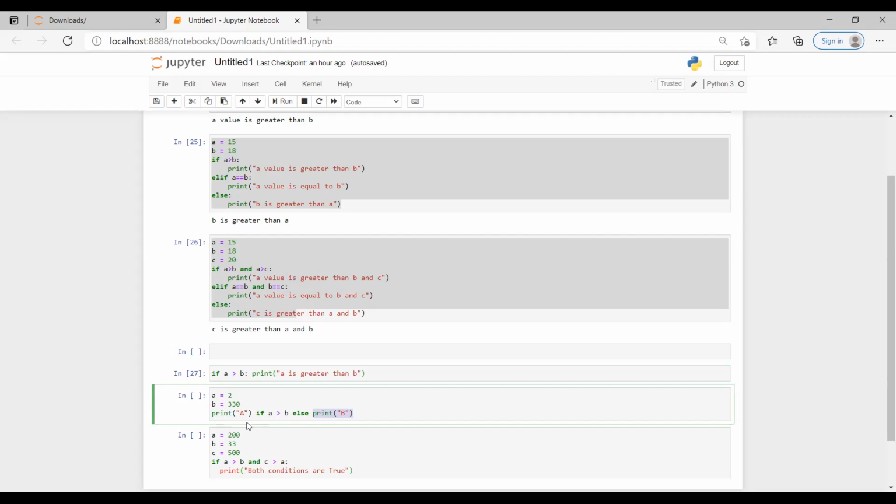But if you are writing it as a shortcut, the print statement will come first. Whatever you want to do within the if is mentioned first, and then comes the if keyword and the condition check. See here, when you execute the same line of code, it says B because A is not greater than B. That's the reason it is not printing A, and it went to else and just printed B.